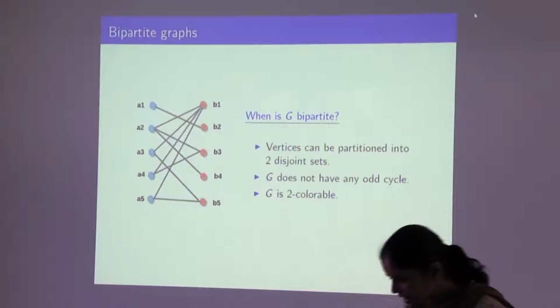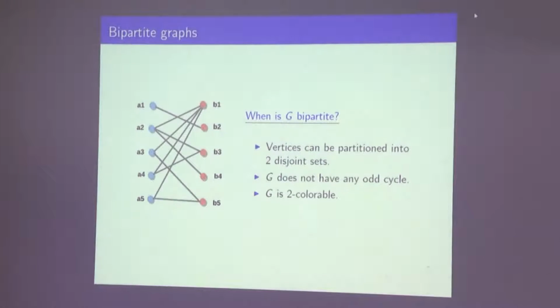So there are these equivalent characterizations of bipartite graphs. For people who are seeing it for the first time, this may sound slightly new, but we believe these are very easily provable: a graph is bipartite if and only if it does not have any cycle which is an odd cycle. An odd cycle is of length 3, 5, so any cycle of length 2k plus 1 for any k.